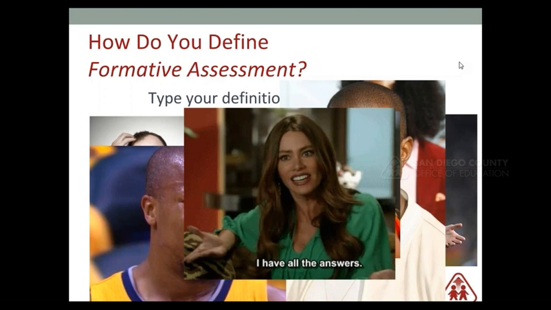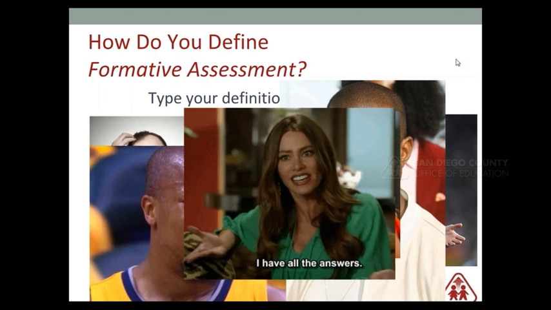So we're seeing some great responses in the chat box. All right, so we see formative assessment is assessment for learning.